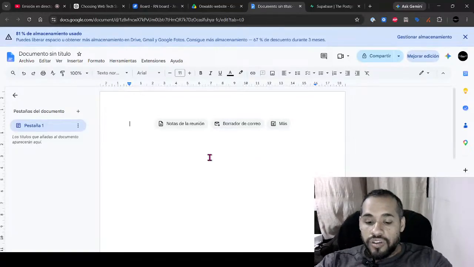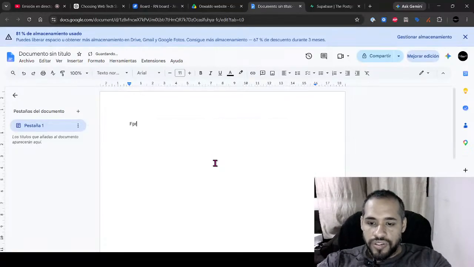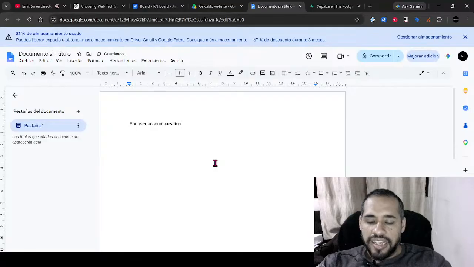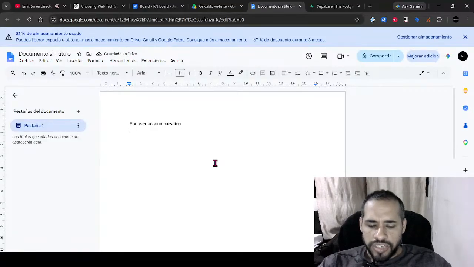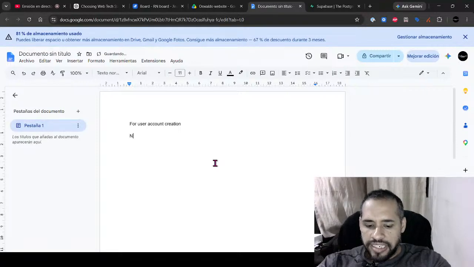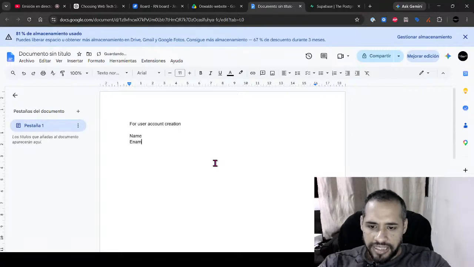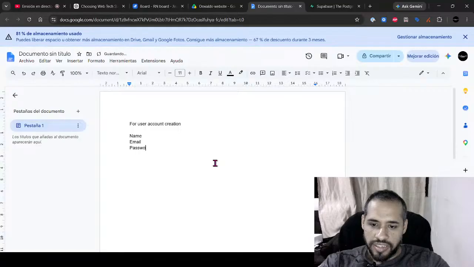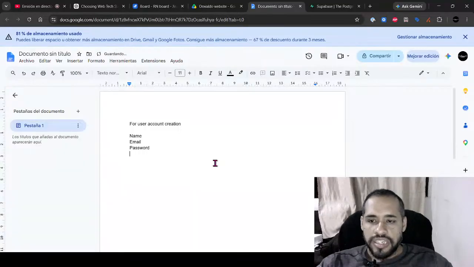So for user account creation, I think for this MVP we are going to do it very simple. We need a name, an email, and a password, obviously.